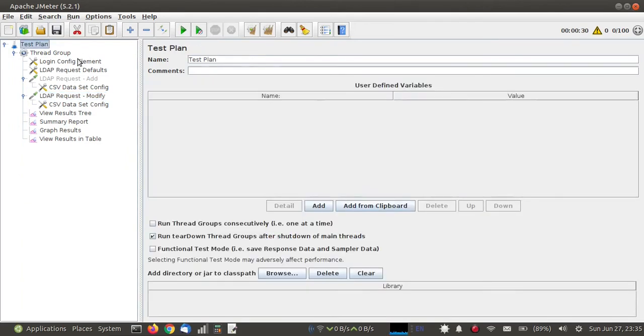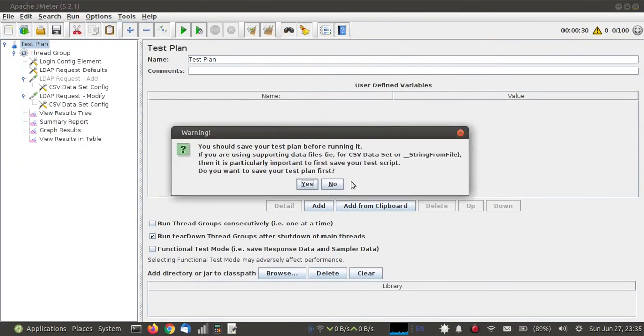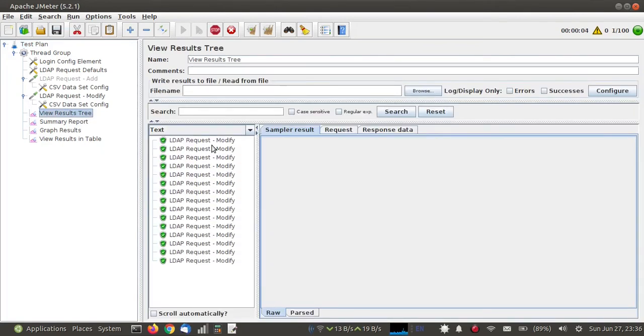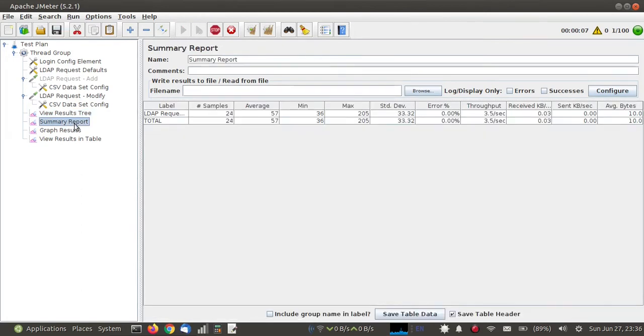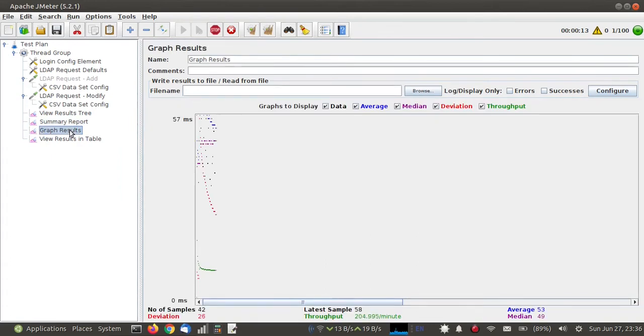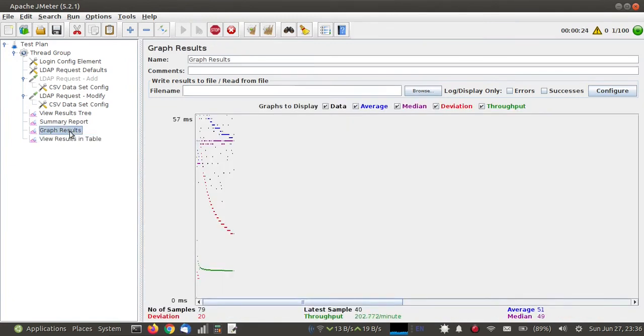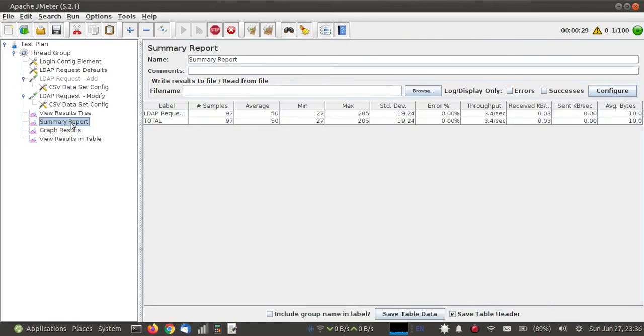Now I am going to run the plan. Yeah, all records are going to be updated. Yeah, all 100 records have been modified and there is no error.